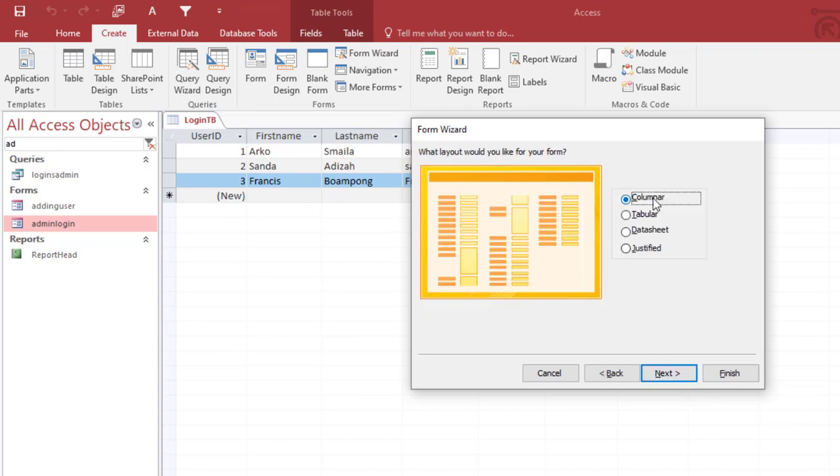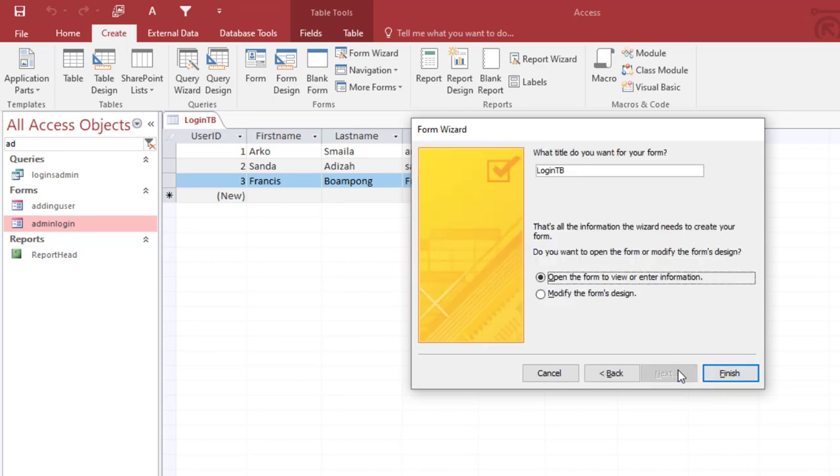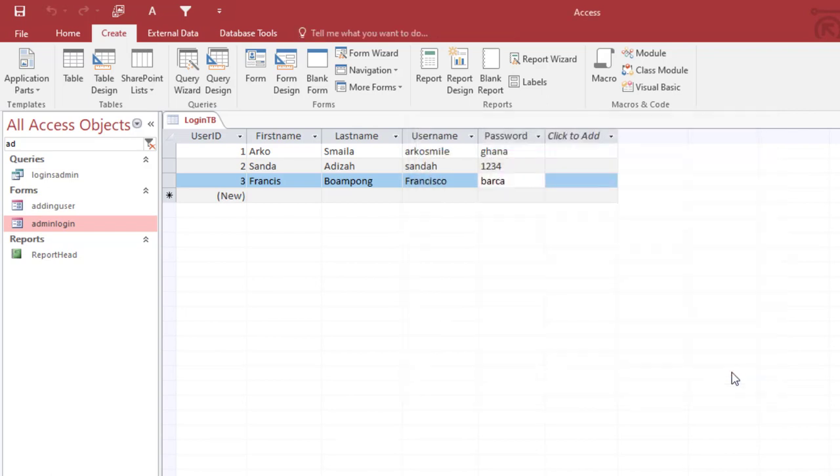Now we jump in here. Make sure columnar is selected. So we are going to say new, because I already have a login form. So I'll say new login form. Okay, FRM. Now let us preview the form to see how it looks like